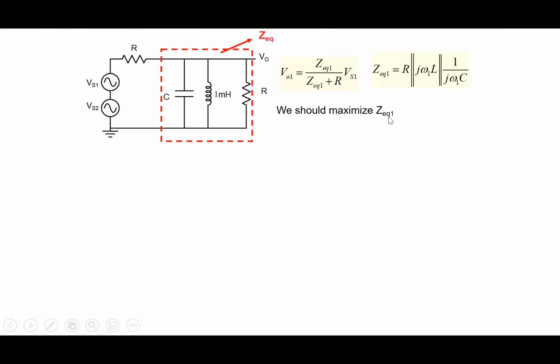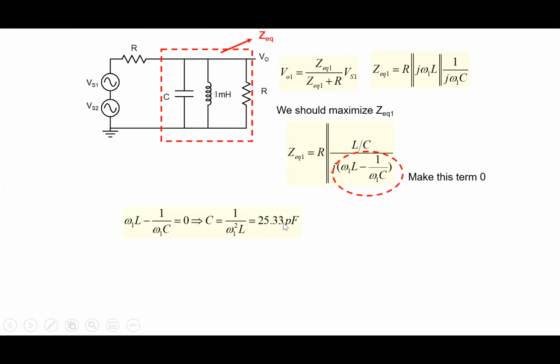We should maximize Z equivalent. J omega L1 and 1 over J omega 1C is a parallel combination of this. So if you want maximum value of Z equivalent, make this part as large as possible. Make this term equal to 0. That tells us how to choose L and C here. So we obtain L and C, and note that this part goes to infinity, and therefore my circuit is simply a voltage divider between this R and this R. These two cancel each other, and we obtain V01 is 0.5 VS1. So that's for VS1,